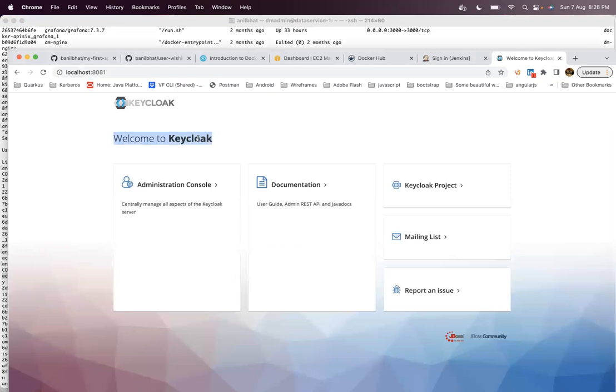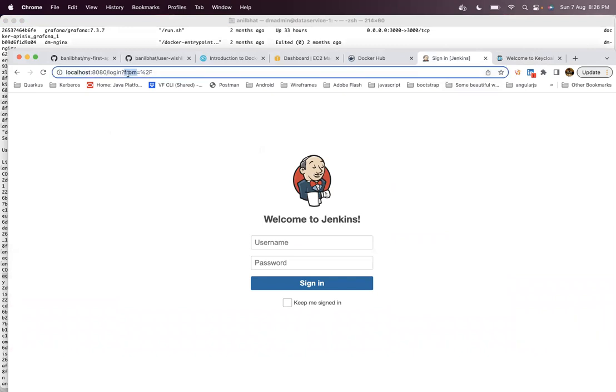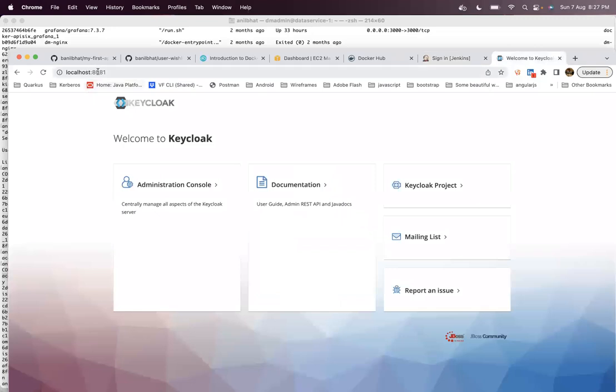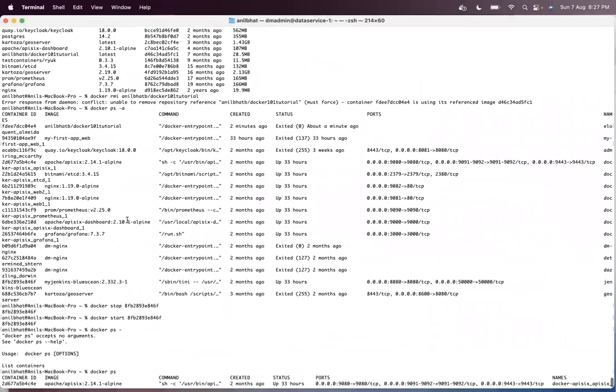So similarly, if you want to create your own applications, we can create them also. In the same machine, I have created one application, Jenkins, running under port 8080. I have run the Keycloak application under port 8081. So similarly, let's say I don't remember what this particular Docker 101 tutorial is, but we can try starting this particular image, the Docker 101 tutorial, by exposing it on one particular port.